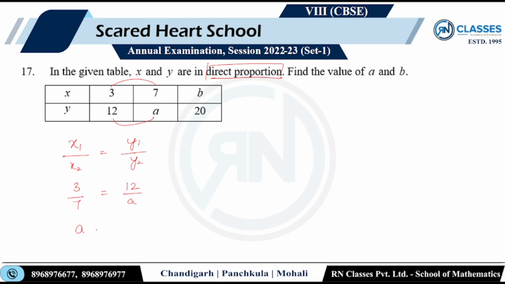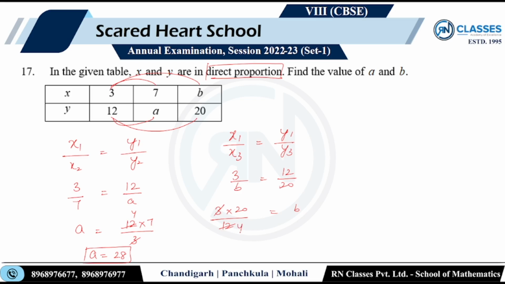So this would become, a यहाँ आ गया, 12 into 7 by 3, 3 4s, a की value आ गई मेरे पास, 20, right? Next, अब देखो इसमें और इसमें चेक करना है x1 by x3, y1 by y3, right, proportion का question है, तो 3 by b equal to 12 by b, so b यहाँ पे 3 into 20 by 12, 3 4 is 12, 4 5 is 20, b is equal to, next,